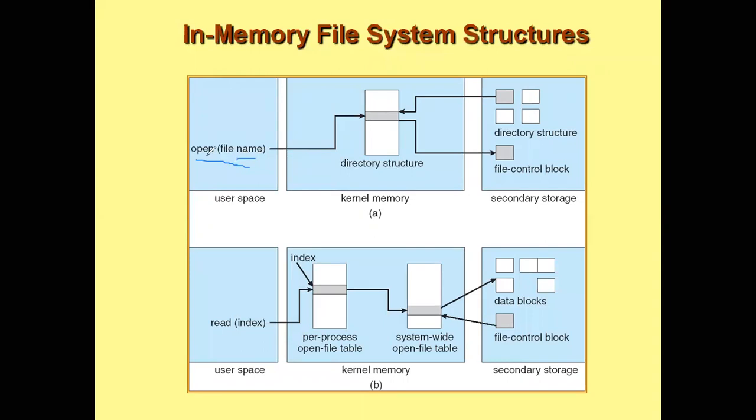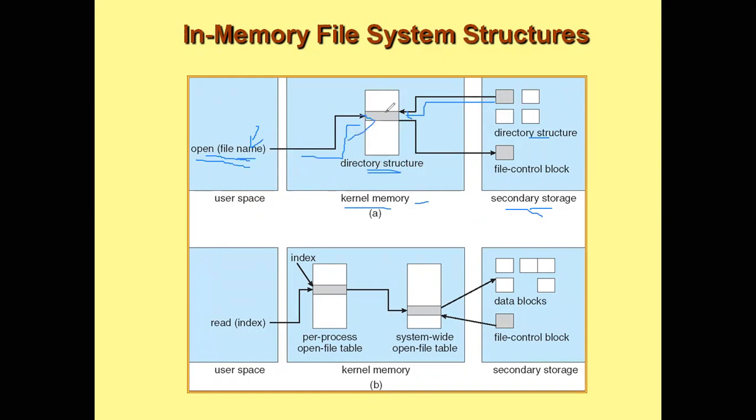Open a file. So you know that when a file is open, we have to pass on the name of the file. Now, the first time a file is open, it has to be directly searched in the secondary storage, that is, in the directory structure of secondary storage. So this is what it shows. If the file is opened for the first time, then the information should be accessed from the directory structure of secondary storage, and then it is put into the directory structure in the main memory, that is kernel memory. Or if it has already been opened, that is, if the information is already in the directory structure, then it can be fetched directly from the directory structure, that is from the second time onwards.